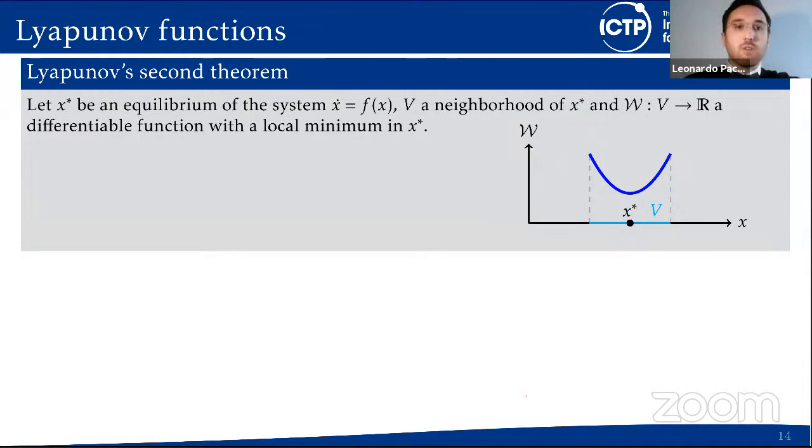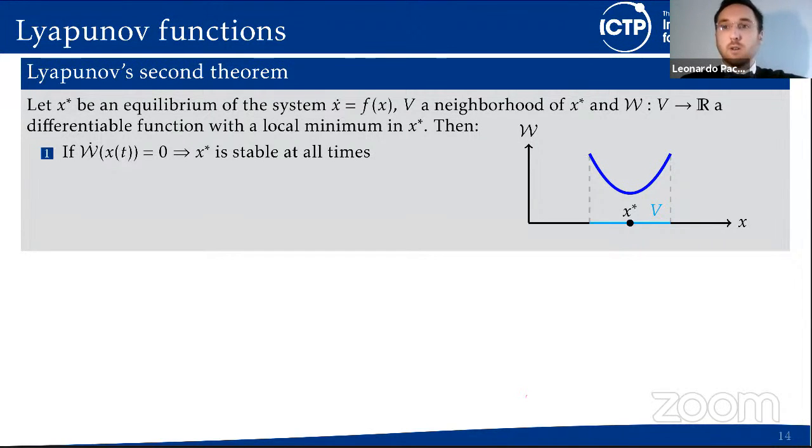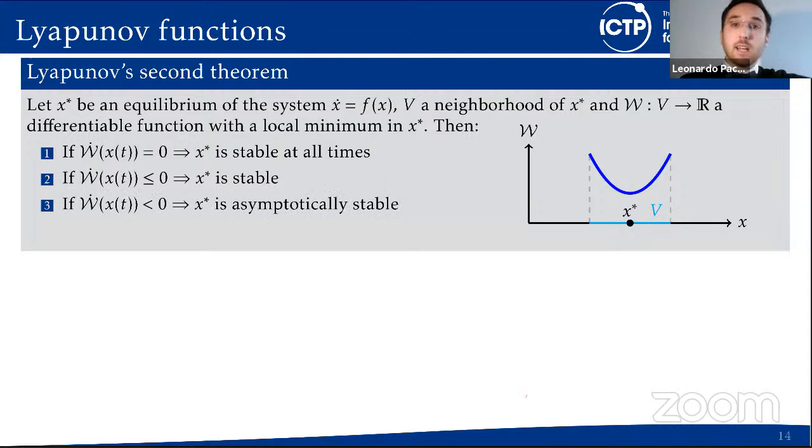For example, if the time derivative of this function along the trajectory is 0, so if this function is constant along the trajectories of the system, then x star will be an equilibrium stable at all times. On the other hand, if the time derivative is non-positive, so either negative or equal to 0, the equilibrium is simply stable. If the time derivative is strictly negative, so if the function is decreasing along the trajectories,